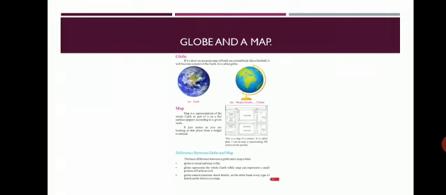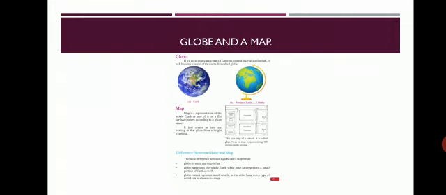Now, the next thing is, what is a map? Can you see the picture here? According to them, this is the map of the school. It is called a plan. So we will understand this map. Here is the principal office, staff room, accounts office, canteen, and a playground. There is a block A and block B. So this is the map of your school.